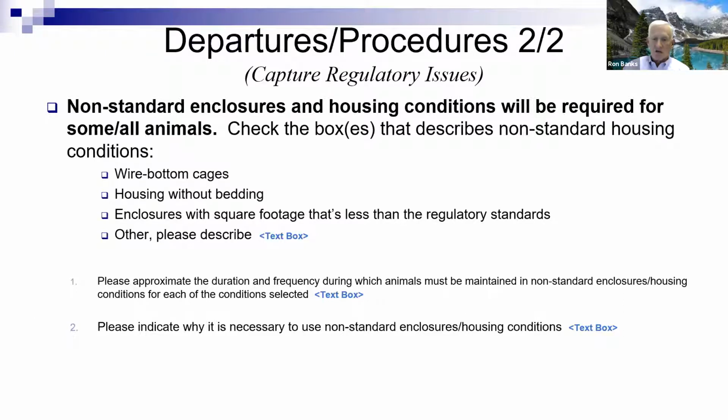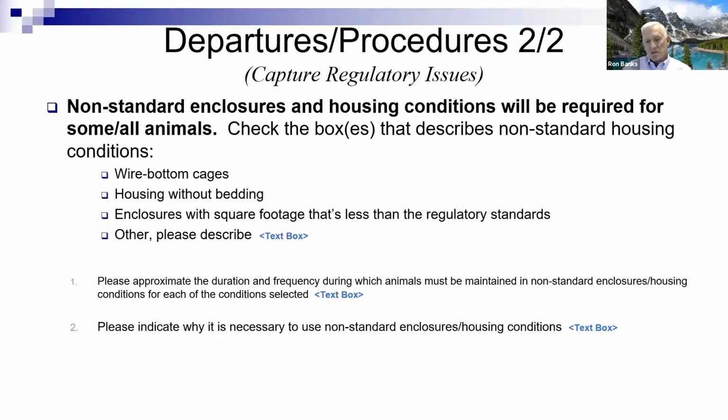And if that's the case, then let's again use checkboxes to identify exactly what the researcher is wanting to do. And if they're not going to do things that we've already discussed and have included in the template of the protocol form, then there is a box for them to identify other and describe in more detail the non-standard enclosure that they will be using. It should also include the approximate duration involved. On the screen it shows a text box where narrative could be included. That might also be listed as a checkbox of having, say, a 6-hour, a 12-hour, a 24-hour, multiple day, or